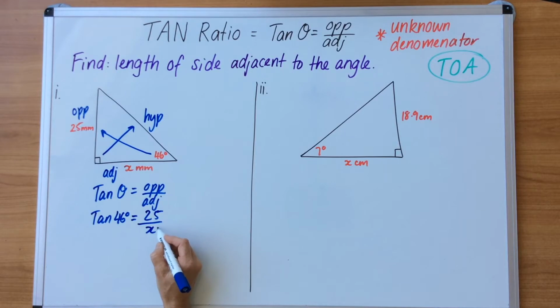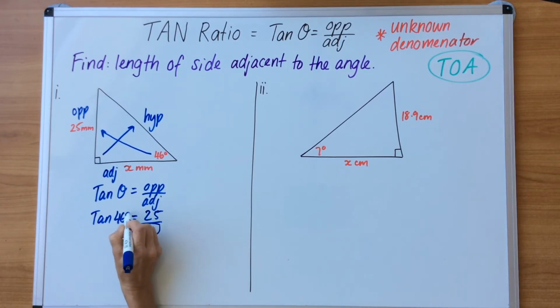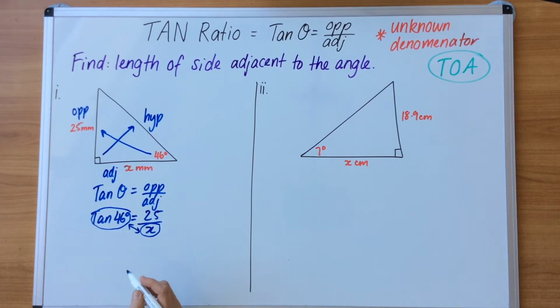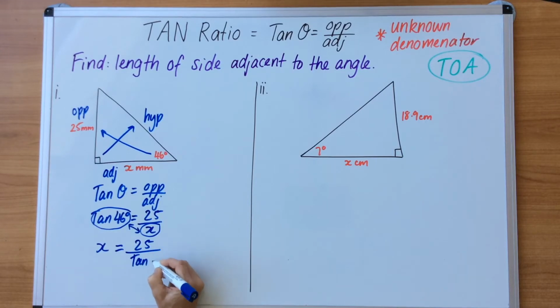Before, we crossed out the denominator, gave it to the tan and flipped it. This is a little bit different. We're going to take this x and swap it with this tan 46. So swap x with tan, and then we're going to rewrite. So x now sits on this side. The 25 stays above as the numerator, but we've now got tan 46 sitting as the denominator. So all we did was swap these two around. And now we read down and we calculate 25 divided by tan button 46 equals, and we get an answer of